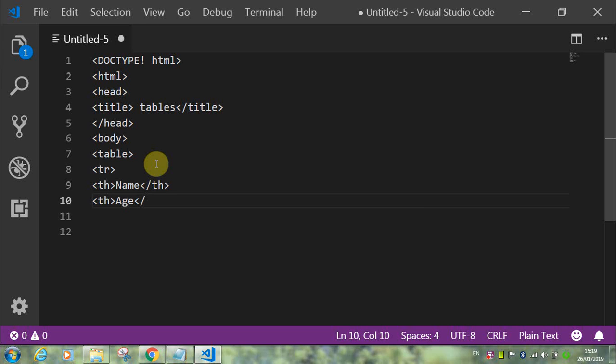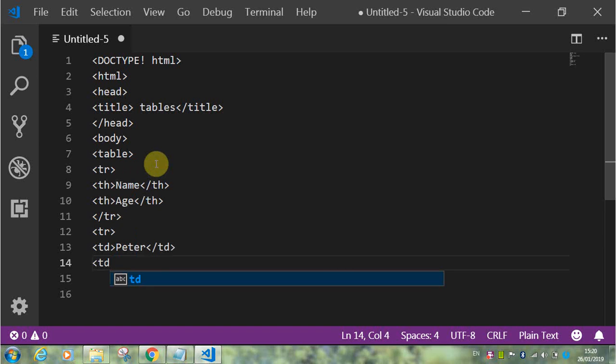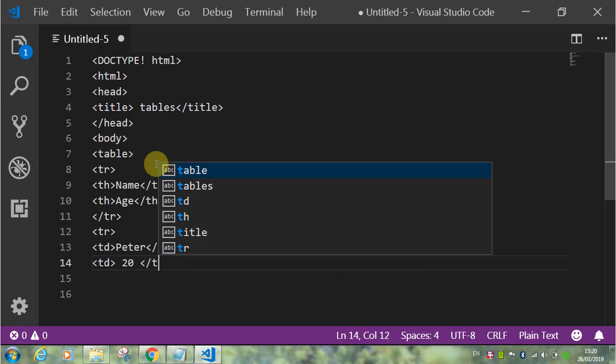Let us have two headings so that it is easier to understand. And we'll again open the tr tag, and place the table data using the td, Peter, close the table data, and the table data again, 20, and close